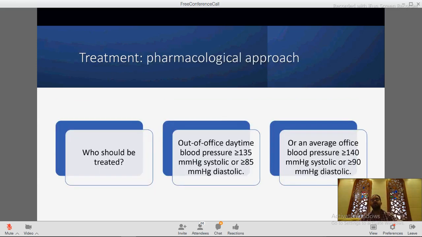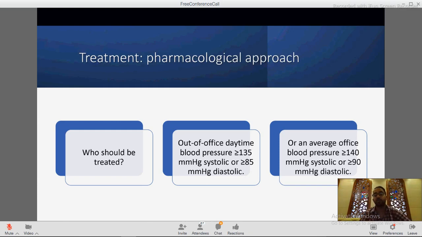The pharmacological approach for treatment. The first question, before we prescribe an antihypertensive medication to our patient, is to ask ourselves: is it worthy to treat this patient with antihypertensive medication? Because not every patient should be treated. That is why we have a target for initiation of